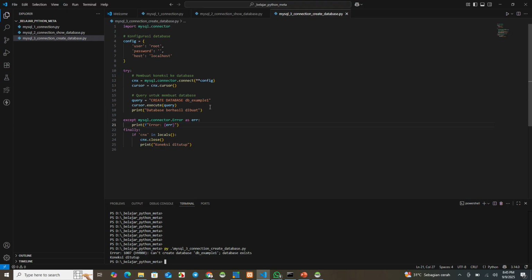The system tells us it cannot create the database because it exists. This is why we use the try except finally block.